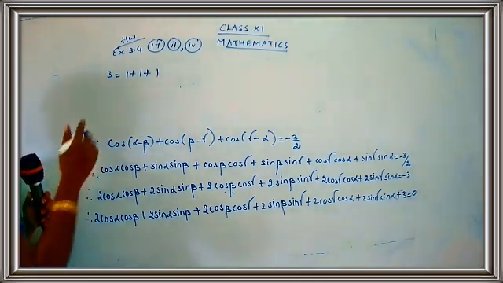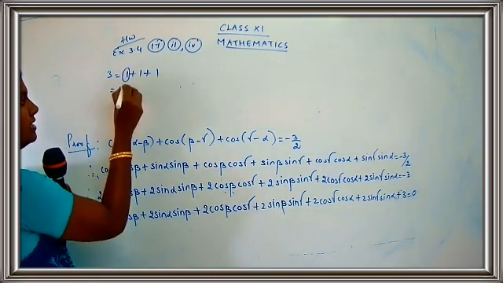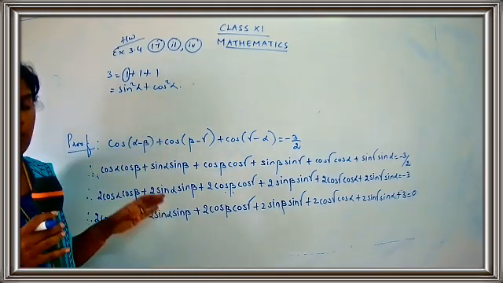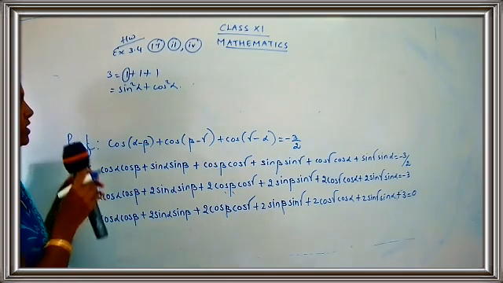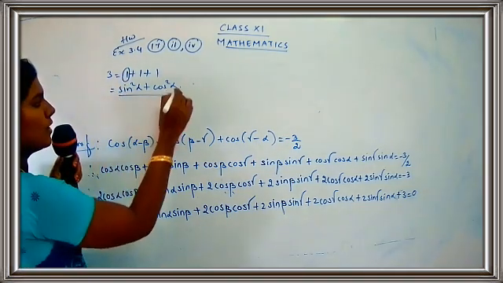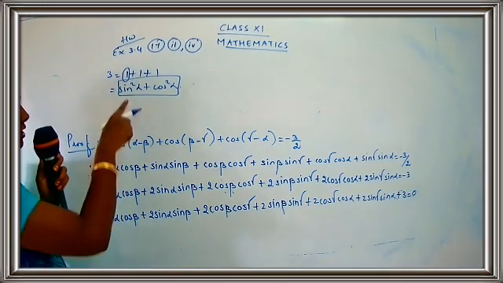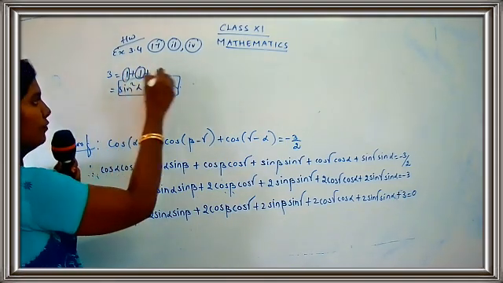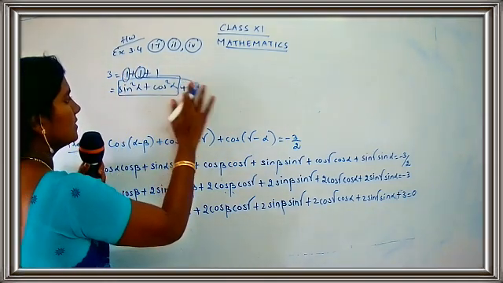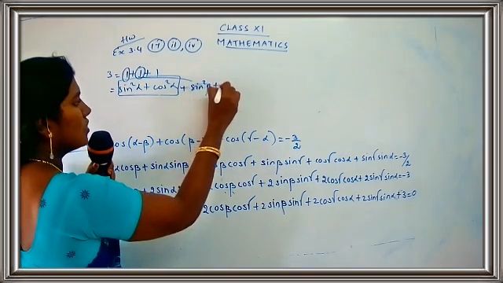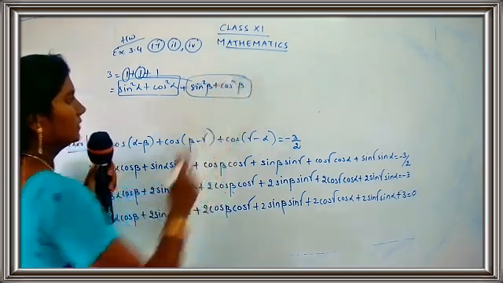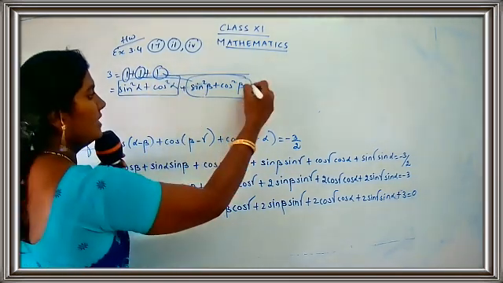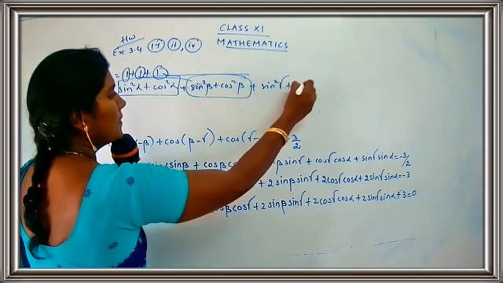And what we are going to do here is, we are going to change this one as sin square alpha plus cos square alpha, because here we deal with 3 different angles. One is alpha, one is beta, and one is gamma. So the one will be replaced as sin square alpha plus cos square alpha. Getting my point? So what is the value of sin square alpha plus cos square alpha? It's 1. Okay, done. Now for this one you can write plus sin square beta plus cos square beta. So again this is 1. Now for this one you will write plus sin square gamma plus cos square gamma.